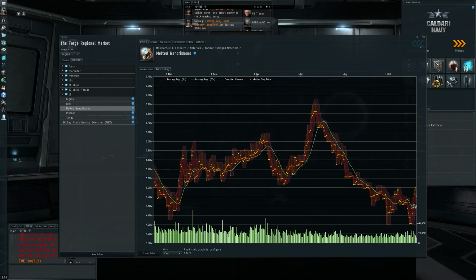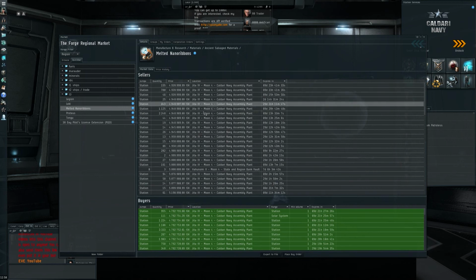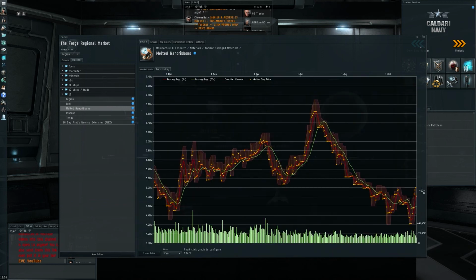At least they did, which is very good news, because I invested in melted nanoribbons, I think at 4.7 million or something like that. I don't fully remember, but yeah, all 4.9 million, close to 5 million for melted nanoribbons. The volatility in this market, in the melted nanoribbons market, is starting to show up again. This could of course be due to the Tech 3 changes, but I think that together with the general trend we're seeing now with the winter expansion, you generally get more activity, more demand for all of this stuff,